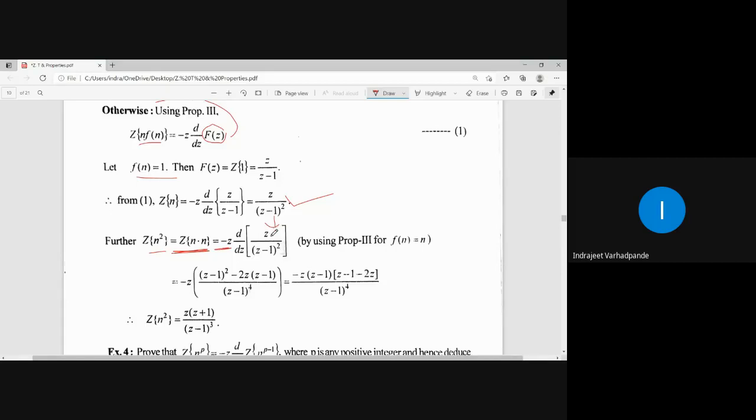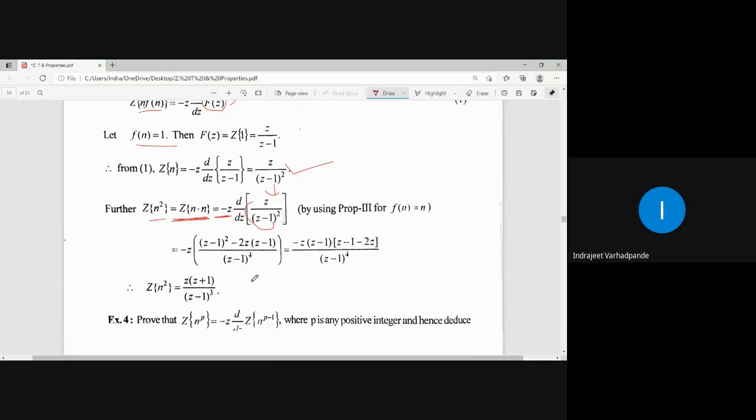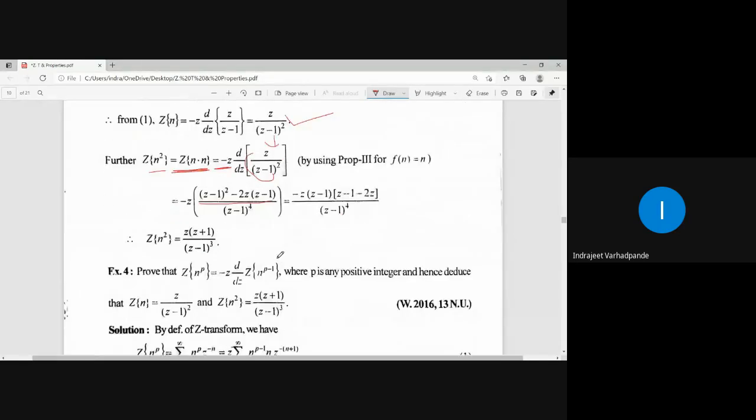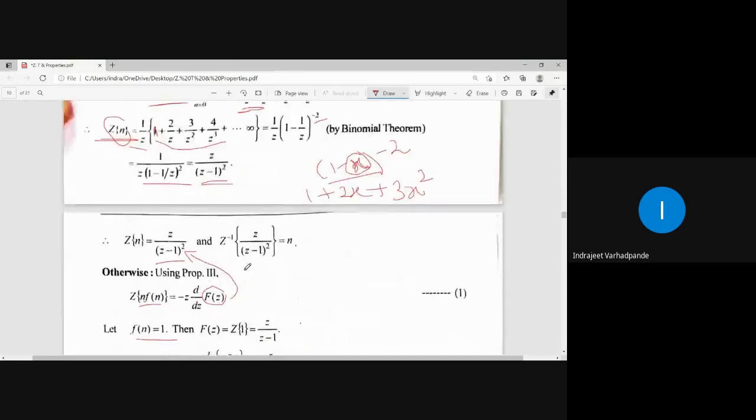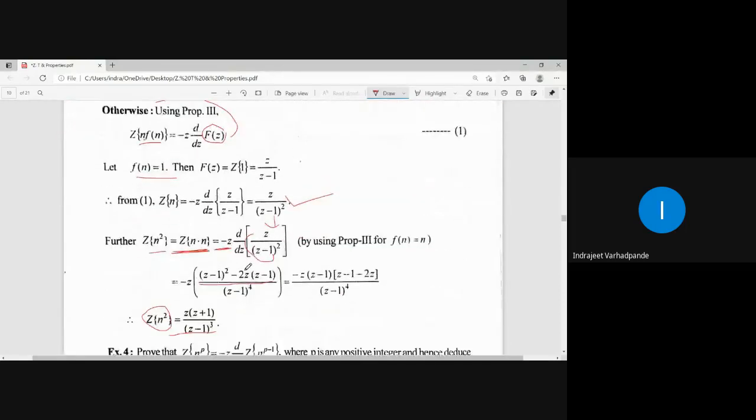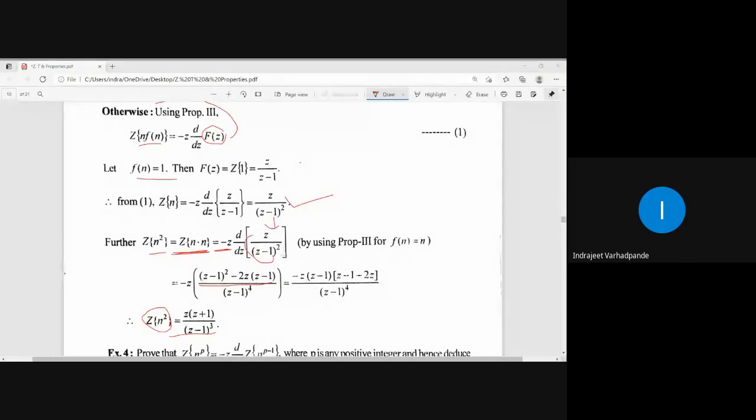The quotient rule is applicable: for u by v, it is v into du by dx minus u into dv by dx upon v square. So z minus 1 whole square, squared, will become z minus 1 to the power 4. Solve the terms in the numerator. You get the z transform of n square as z into z plus 1 upon z minus 1 whole cube. So this is one of the properties which we call the multiplication by n property. In the multiplication by n property, the result obtained is the